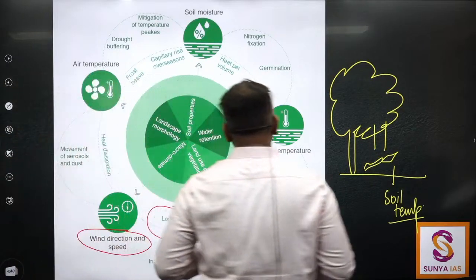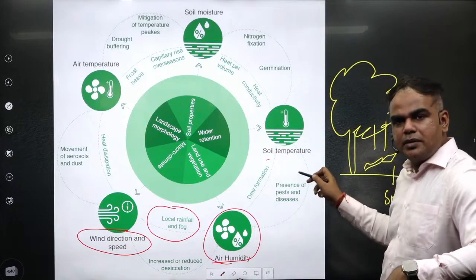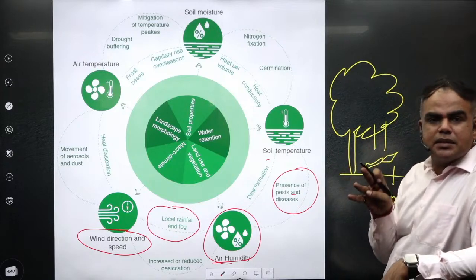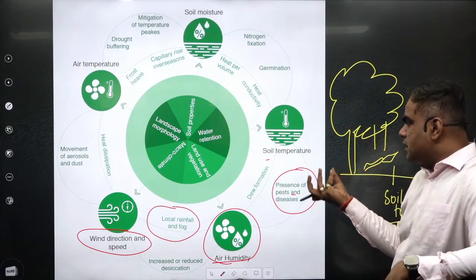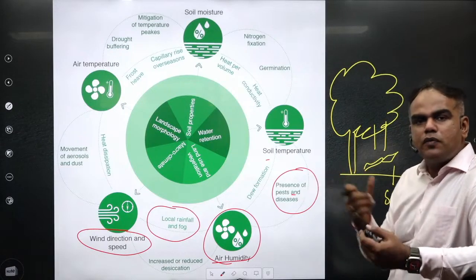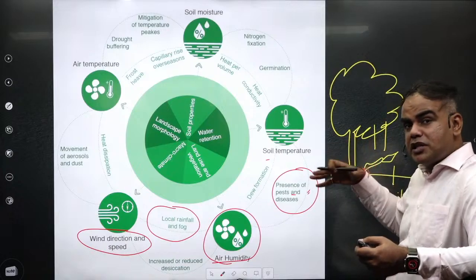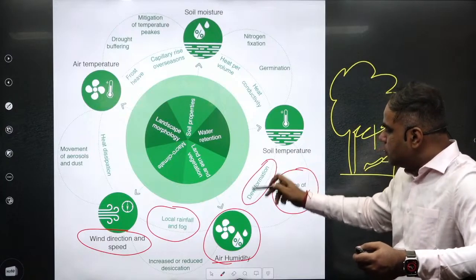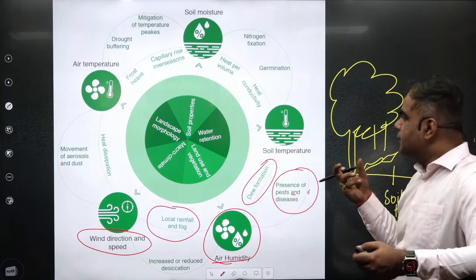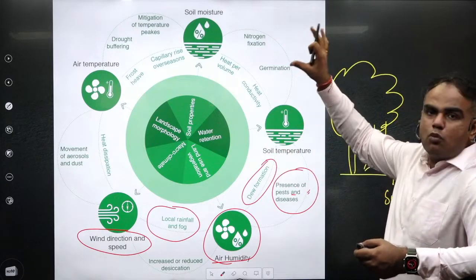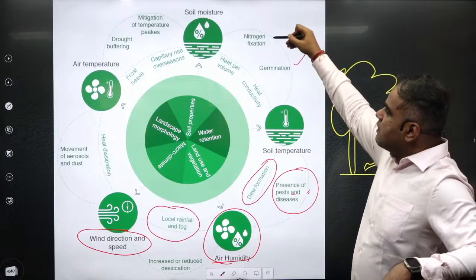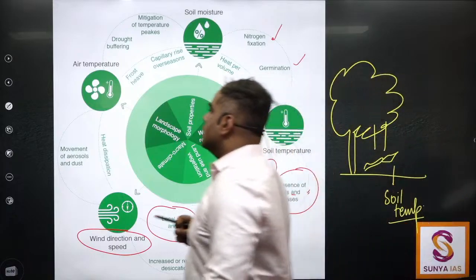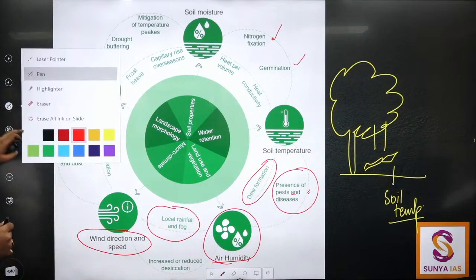Then when we move to the soil temperature part and mix it with humidity, this can also be responsible for pest or disease. For example, certain temperatures and air humidity are a very flourishing ground for the pests to move in. However, if the temperature is very low, then they will not be present. Even the formation of dew depends on how much humidity is there in the air. Then when you have soil temperature and soil moisture, germination and even nitrogen fixation are also going to be determined. Then when we talk about air temperature,